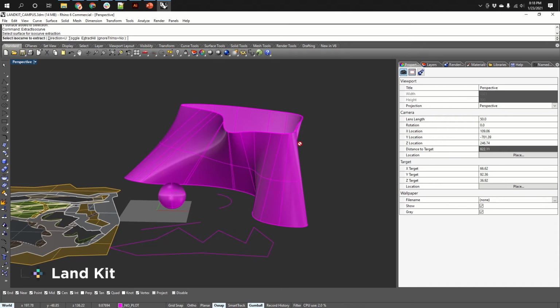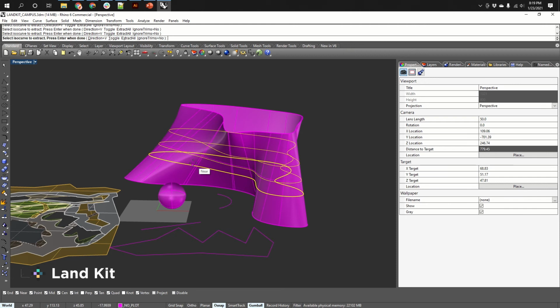So not only do we have the curves at different junctures, but we also have this mathematically figured out curve, or that solved curve that sort of falls somewhere in between all of those places. Now we can also toggle the direction here if we're extracting. We can click on toggle, and now I can select a curve somewhere between these two other curves. So if I click on that, and I can even do multiples here, and then hit enter,